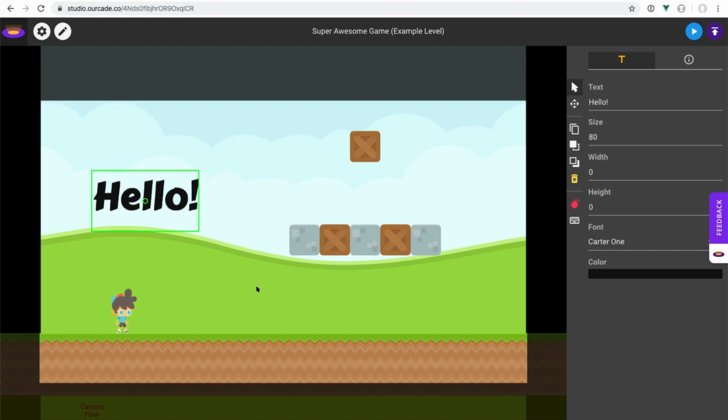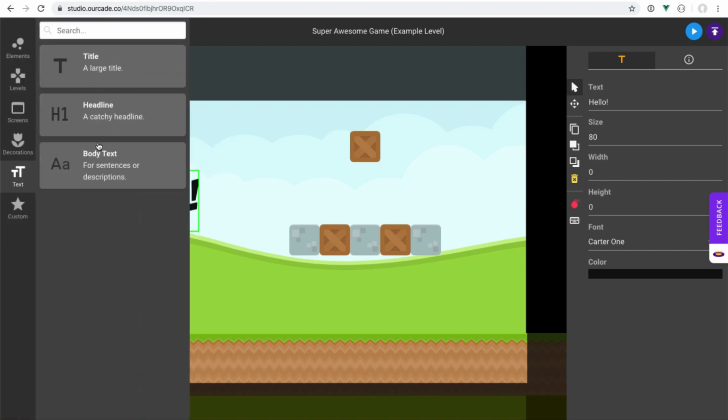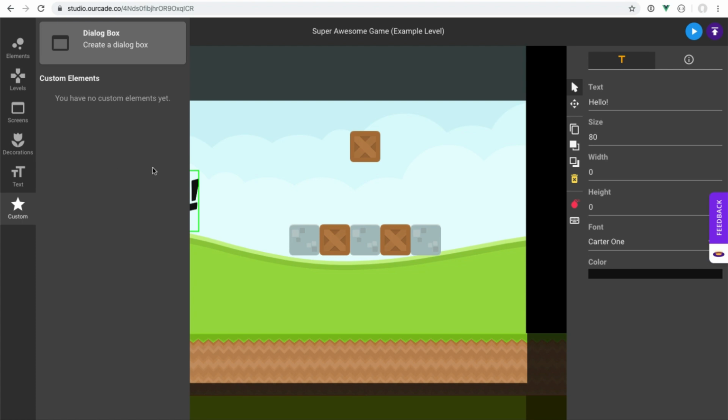Put this hello in here. Let's go back to this create panel. Custom, this is where any custom elements you create will live. We have nothing here right now. One item is a dialog box that is part of the side scroller template. So let's look at